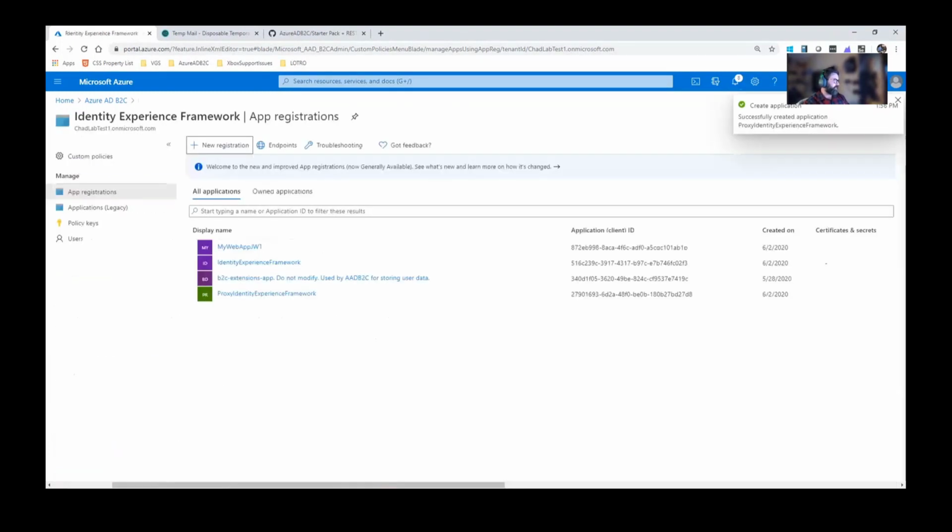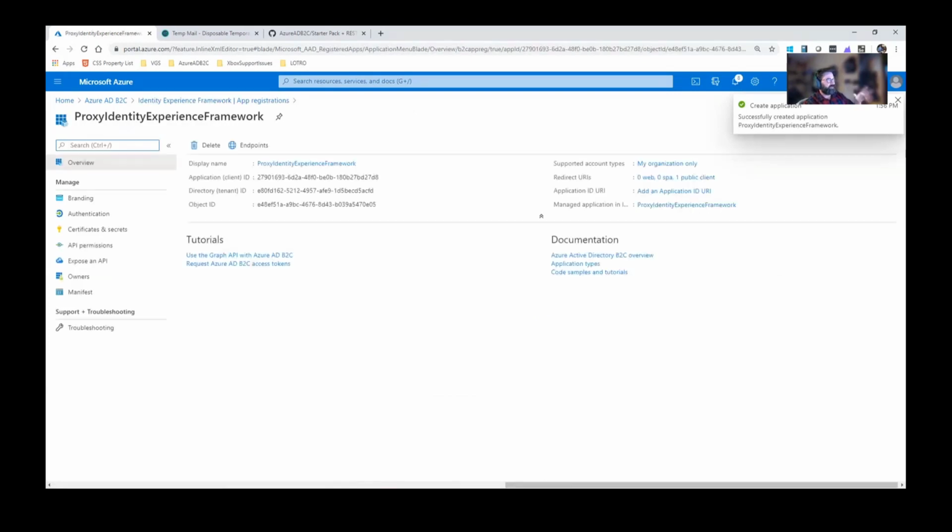Let's go ahead and create this application, but we still have to do another step. We have to tie it into that previous app so we can call and get those scopes. And we also have to treat this particular application as a public client. So under the authentication blade,